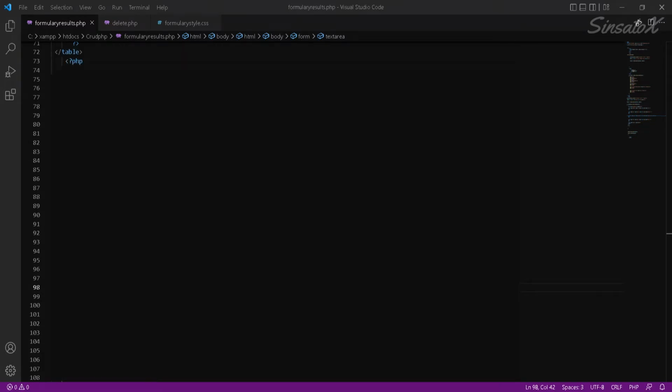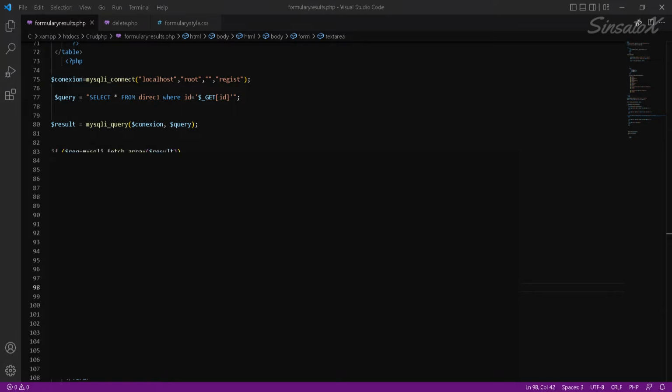Then we open PHP again and do this. We connect the database and select the id of the table, direct1, and we connect it. Then we make an if so that if it connects, it shows us this form, the form we make so that it is executed using the file update PHP and post method, and we put the following: